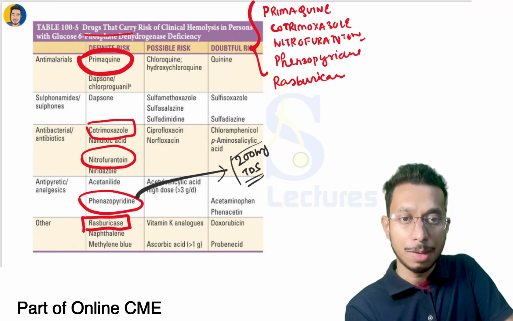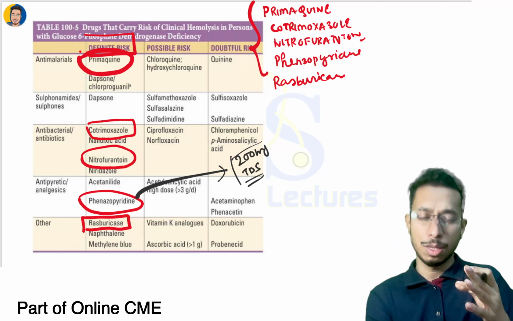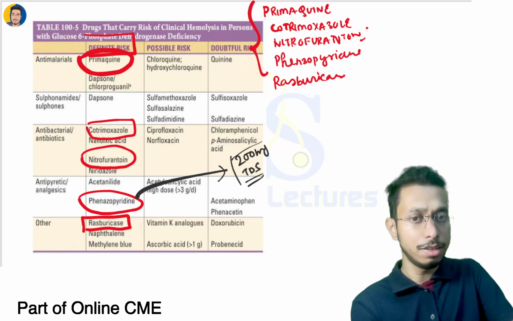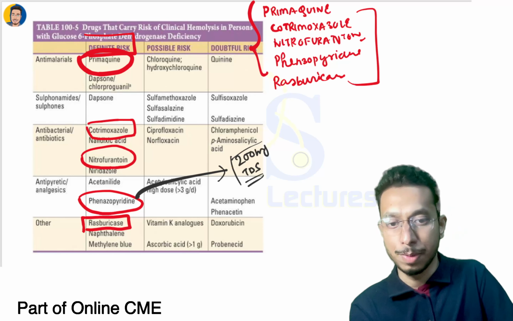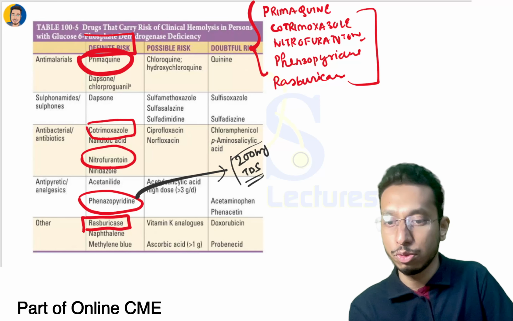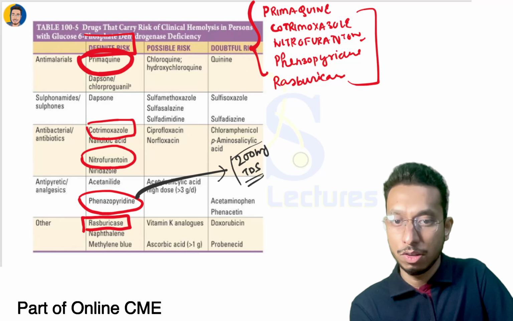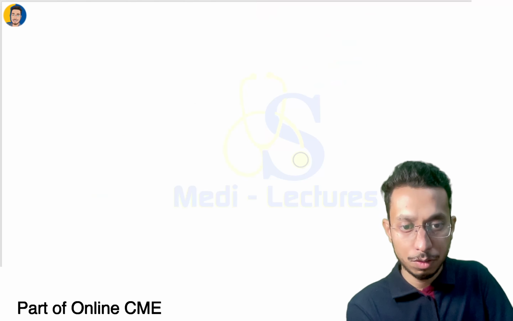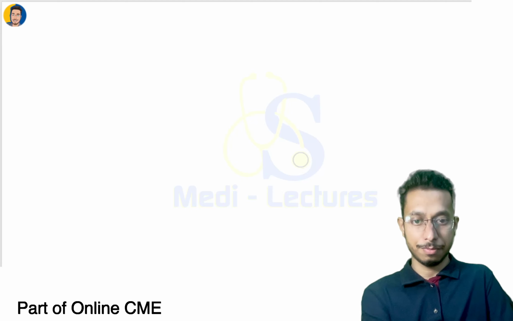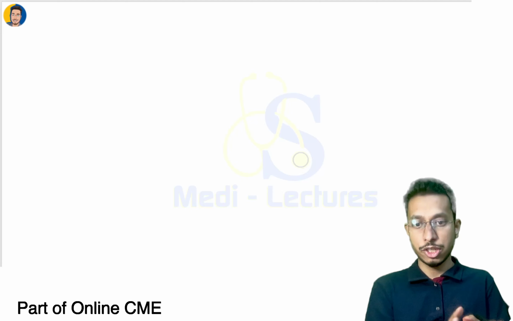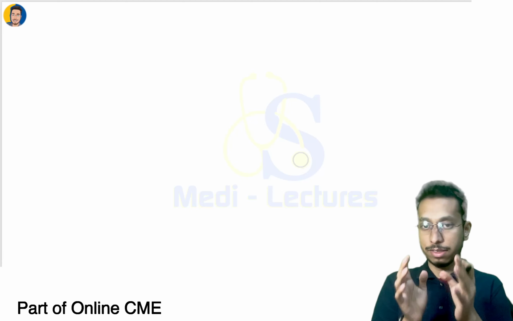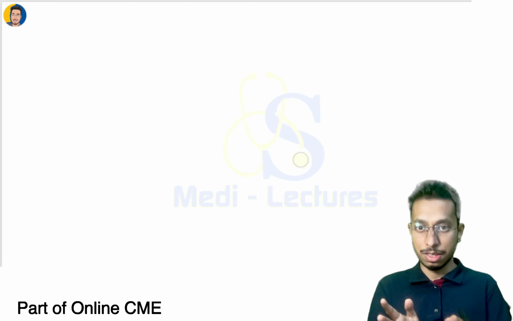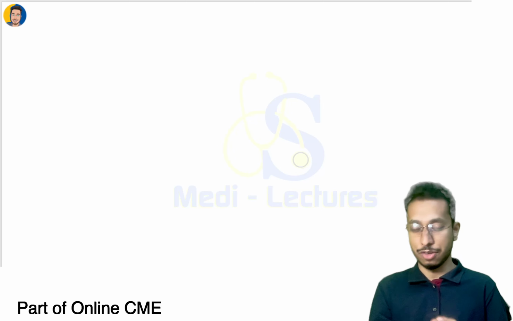These are definitive risks. The list is very long for the possible as well as doubtful risks, but remember these definite risks with G6PD deficiency disease, which can lead to severe hemolysis. Okay, so from here we are moving to the next set of diseases. We have discussed G6PD, these enzymopathy disorders, pyruvate kinase defect, and